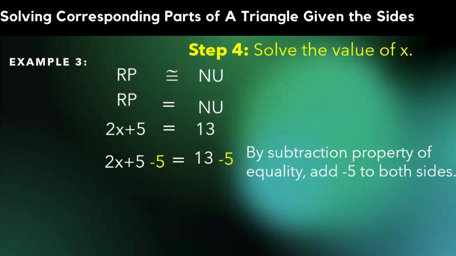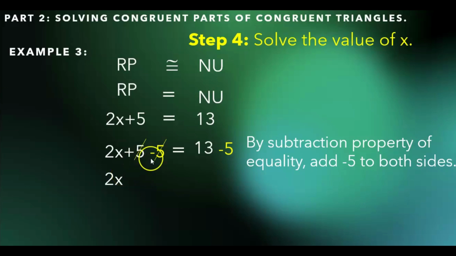And then, we're going to perform the operation. Just copy lang po ang 2x. And then, positive 5 minus 5 is 0. Equals 13 minus 5 is 8. Tinanggal ko na po yung 0, kasi 2x plus 0 is still 2x. Again, kung napapansin po ninyo, may kasama pa si x. Ang kailangan lang po natin is x. So, we need to